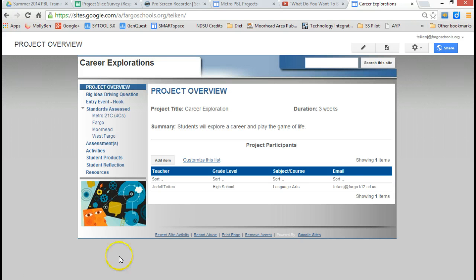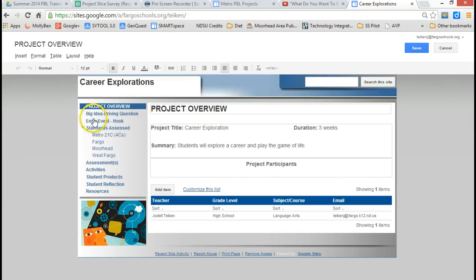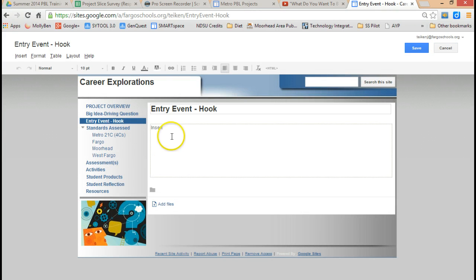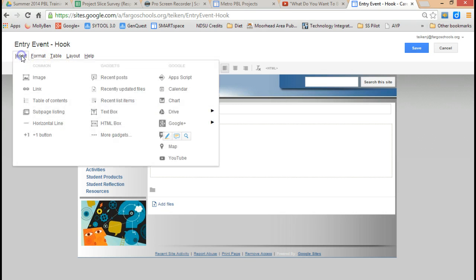Something else I can do when I am editing is I can insert media like pictures and video. So I'm going to click on my edit page pencil again, and I'm going to go to a page like this entry event hook, a place where I might want to use a video when I'm hooking students on my project. And here, instead of inserting text, what I'm going to do is I'm going to go to the Insert menu, and I'm going to choose